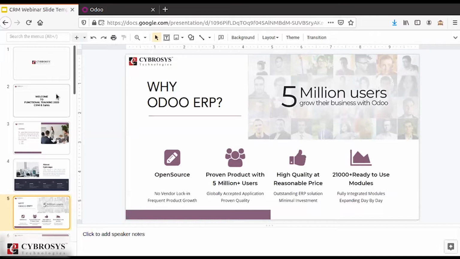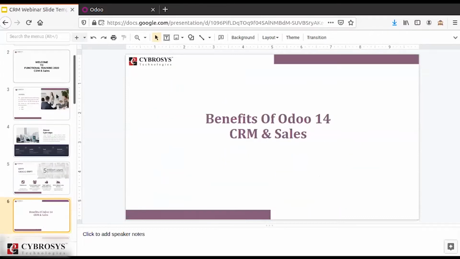Before switching into the training section, let me give you a quick workflow of how things happen. ERP in Odoo starts with CRM, that is customer relationship management, where we can create the lead and then convert it into an opportunity. From the opportunity, the contact goes through different stages and is converted to some business.